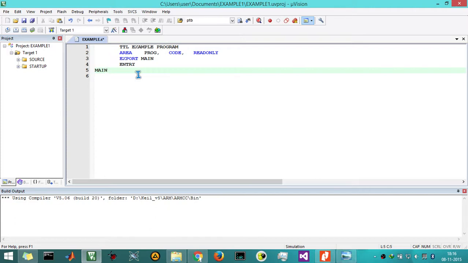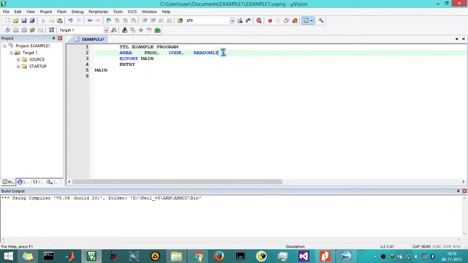Now, we are defining an area, it is a program area, and we are defining the type of the area as code. This means that whatever instructions we write underneath this one come under code memory, and the attribute for this one is read only.